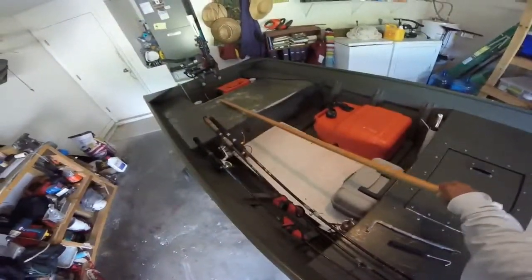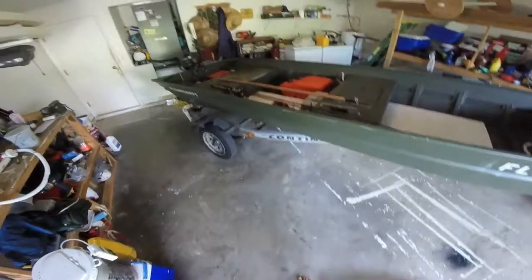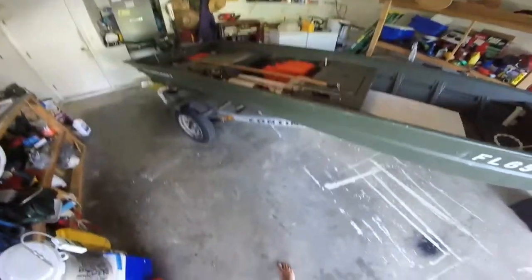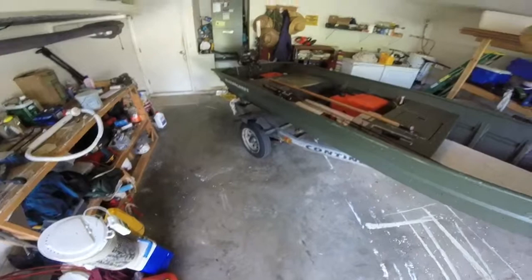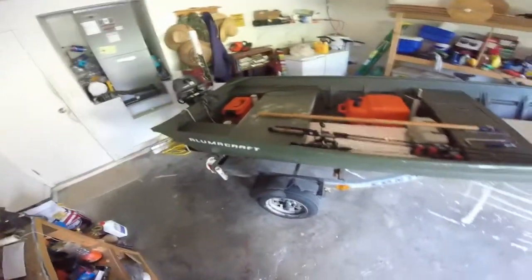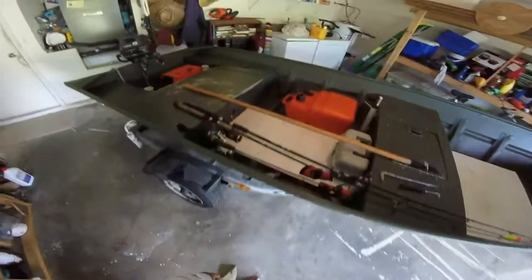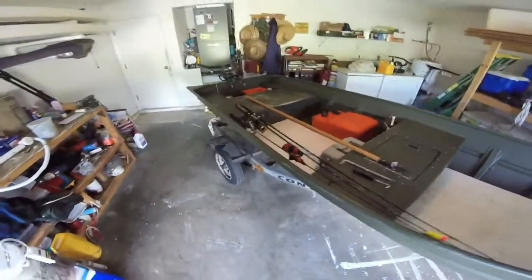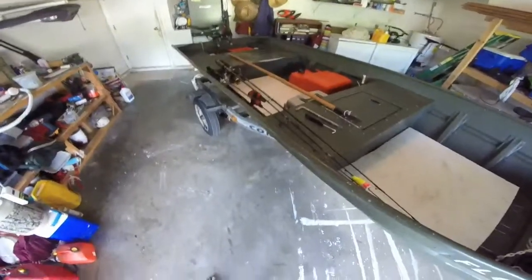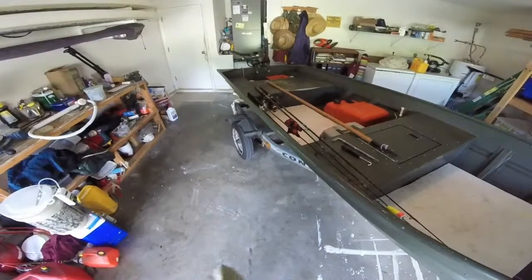You can rig up a John boat. You can find these things used all day long, with a decent engine, with the trailer and everything, for under $1,500. I know it's a lot of money sometimes, but brand new, this setup will set you back probably $3,500, which is still cheap compared to getting yourself some sort of flats boat or something like that. I mean, I catch as much fish as those guys in the $50,000 boats, so is the idea to catch fish, or